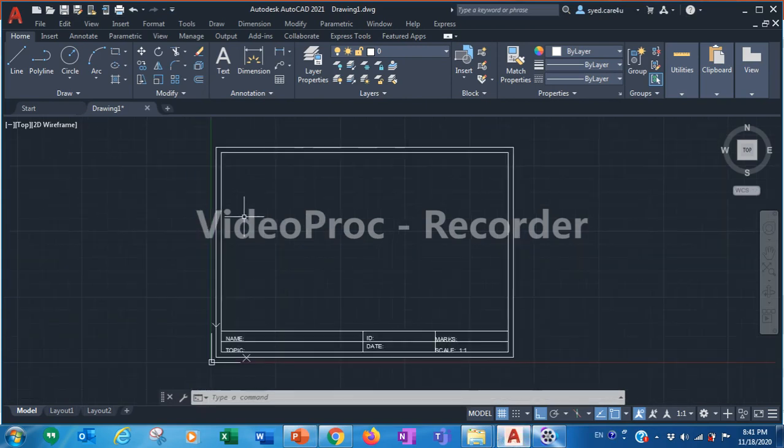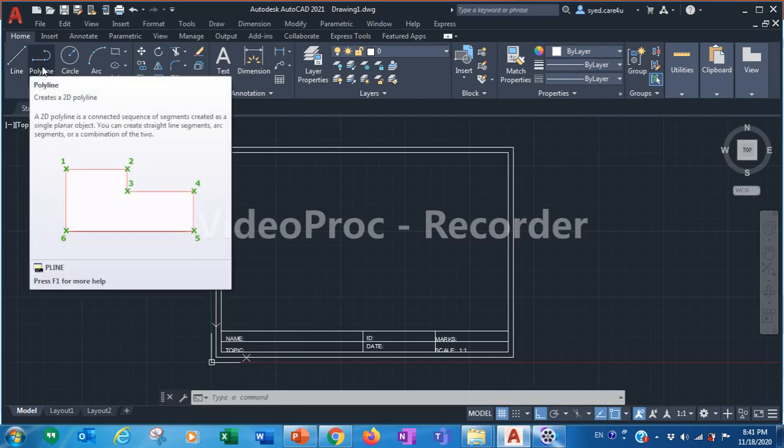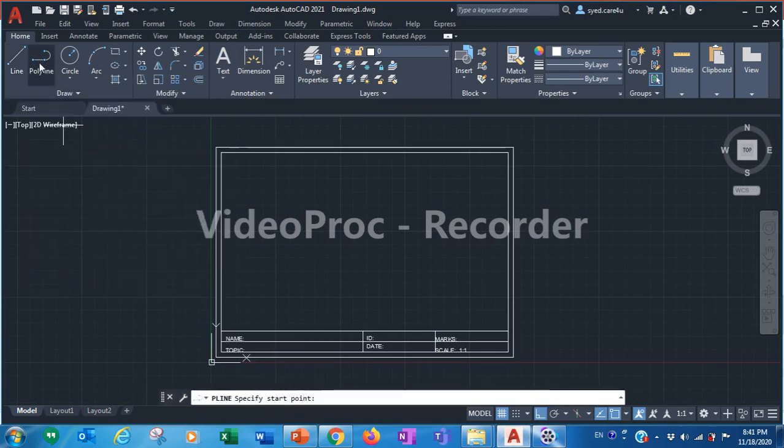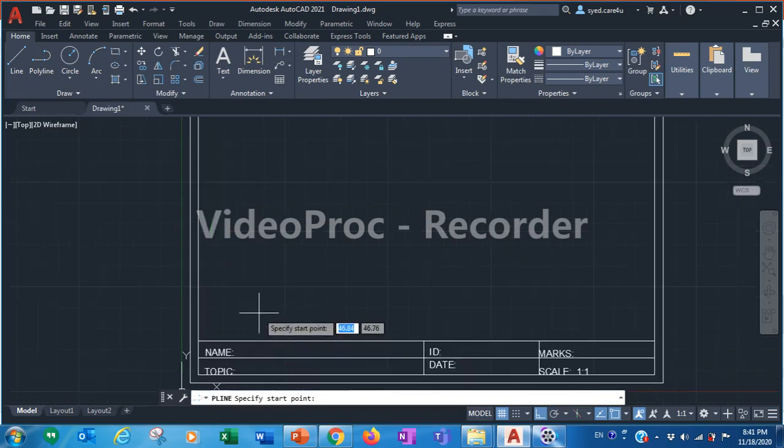So first of all you need to select the polyline. You can do it with the polyline also. Okay, select polyline. You can start from anywhere, so I am starting from here. Click anywhere. Now see here, it is restricted to only four directions: horizontal, vertical, right side, upside, left side, downside.